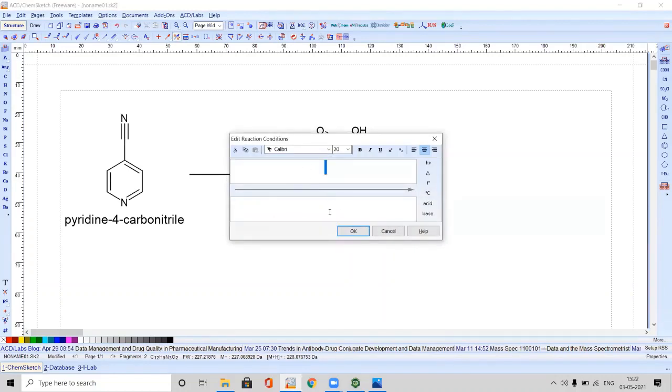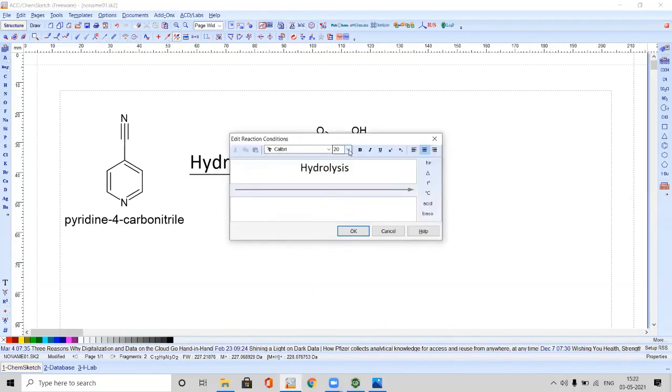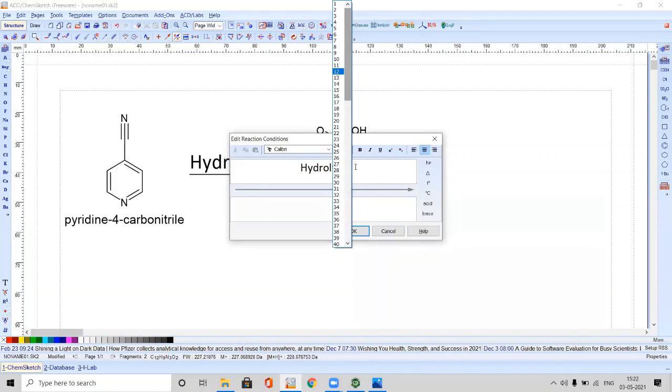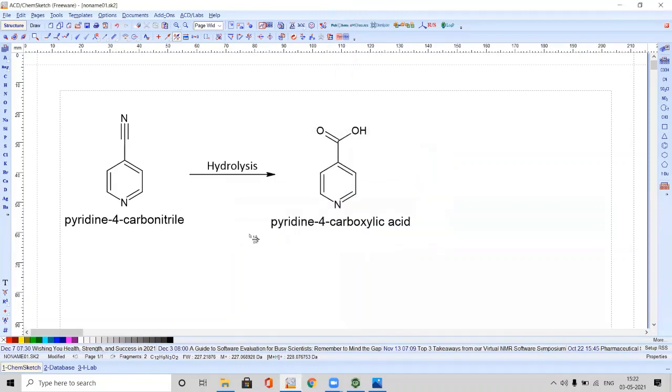Here itself you can mention hydrolysis, and whichever format or font you wish, you can select here. By default I am giving okay. The size of this one is too much, so let me reduce it to 12. Yes, it's acceptable. So this is step 1.